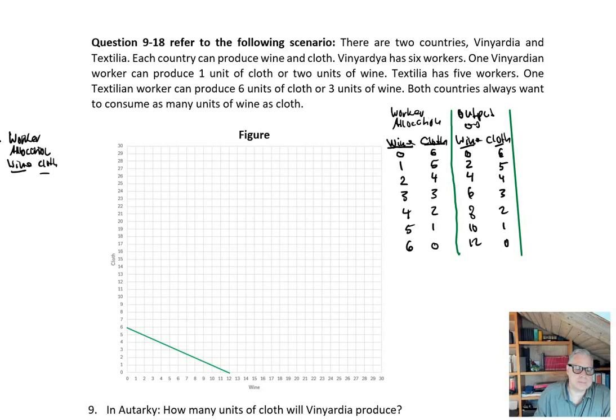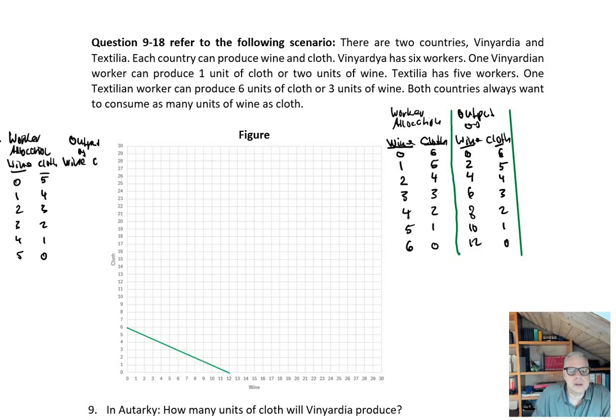Okay, so now I have only 5, so that's 0, 1, 2, 3, 4, 5. So if no one works on wine, of course 5 work on cloth. And then 4, 3, 2, 1, 0. Then what about the output